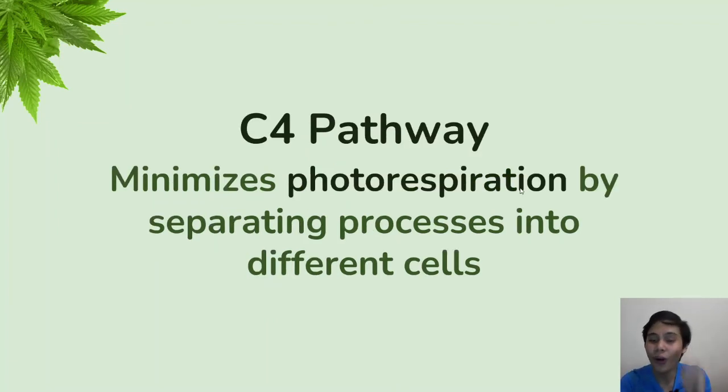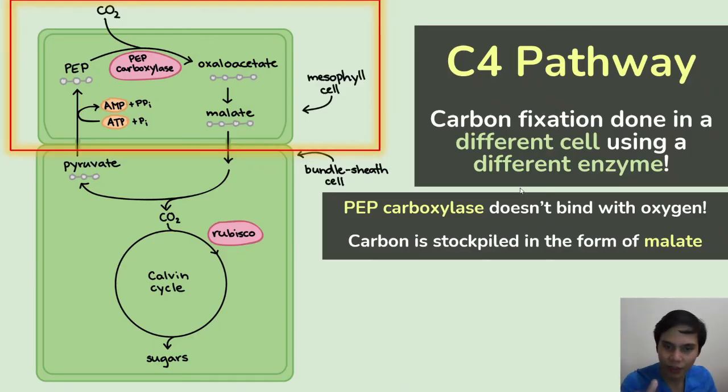So your C4 pathway is a different pathway. It minimizes photorespiration by separating processes into different cells. So this is how it does it. First, carbon fixation happens in a different cell using a different enzyme. But it's not going to produce 3-PGA. That's why it still needs Rubisco later on. So what happens is